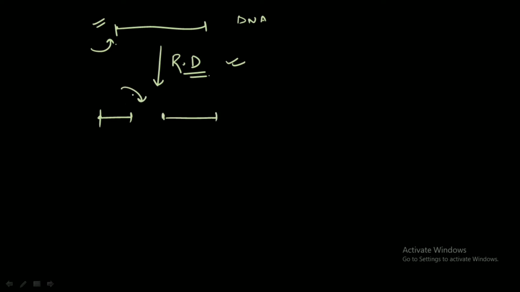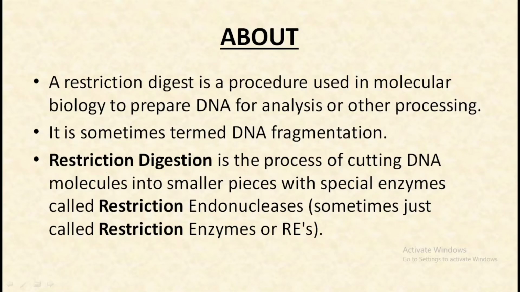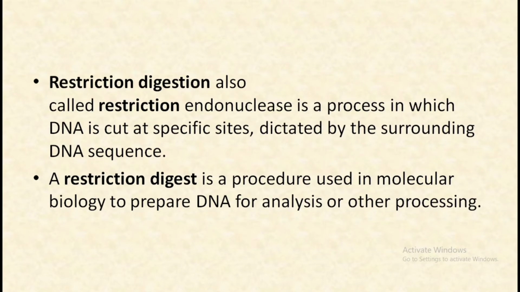So consider this is the DNA fragment that we are focusing upon, and we need to analyze this DNA. For this we use the process of restriction digestion, and as a result there occurs fragmentation of this DNA. This fragmentation occurs with the help of the enzymes known as restriction endonucleases, or restriction enzymes. First of all we need to understand what restriction enzymes are, but before that, let us understand a bit more about restriction digestion.